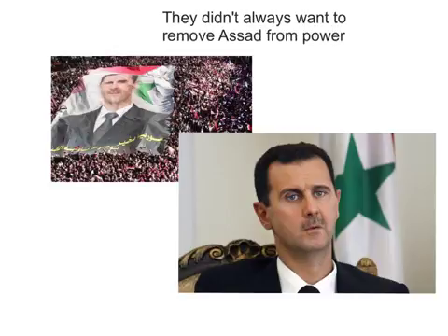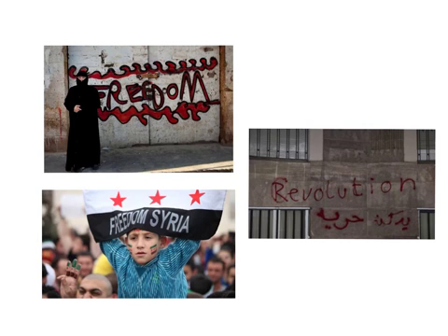Because at the beginning of things, it wasn't always Assad that they wanted to remove from power. What brought about the change was Assad's unfulfilled promises to his country. That's what sparked and led towards the rebellion. After 11 years of Assad being in power, his wide range of social and economic reforms that he failed to achieve had led the Syrian people to be